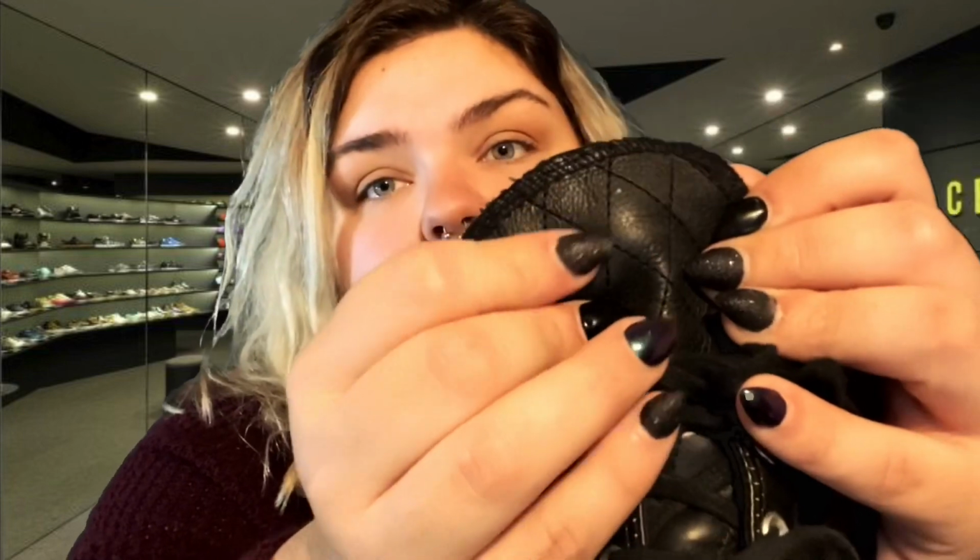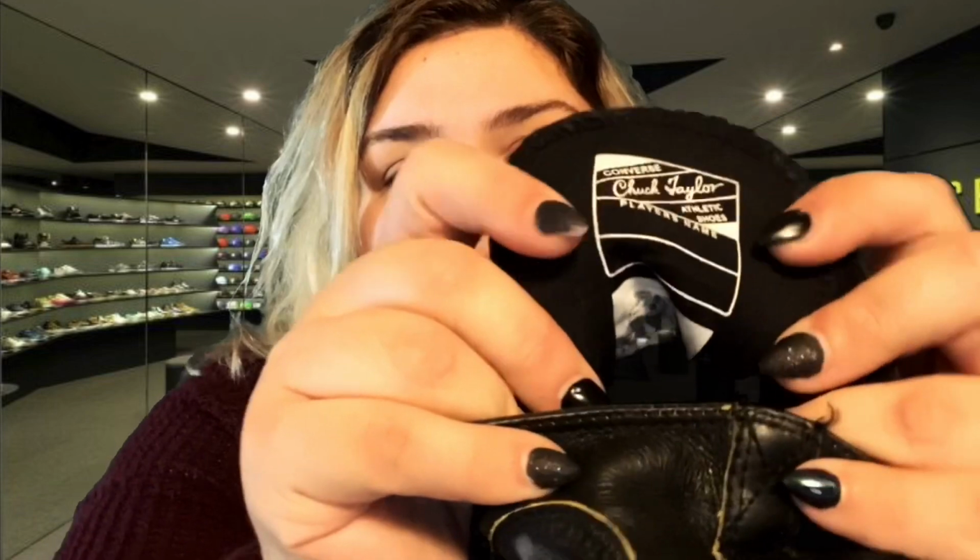Then you have the rather long tongue on the inside that has the same crisscrossing pattern, and then the tongue says Converse Chuck Taylor athletic shoes, and then it has actually a little spot for the player's name. So that's a fun detail, because these were like an athletic shoe once upon a time. I think they're more just a style option nowadays, but